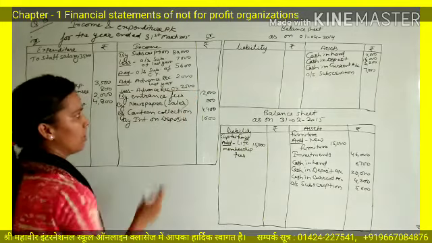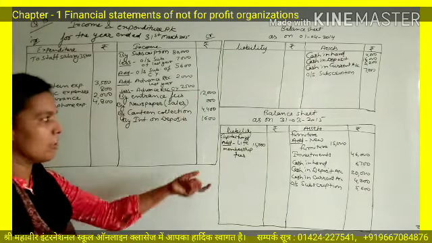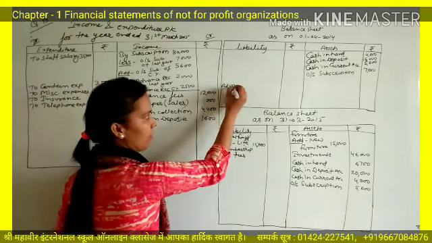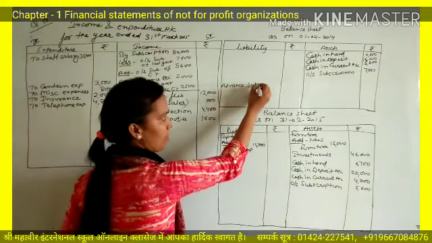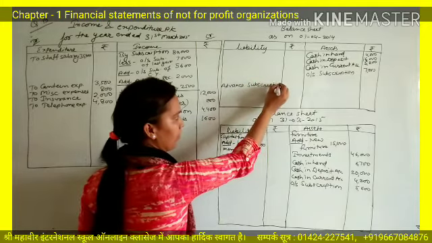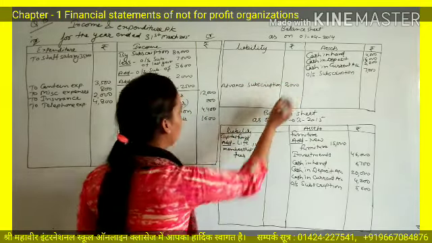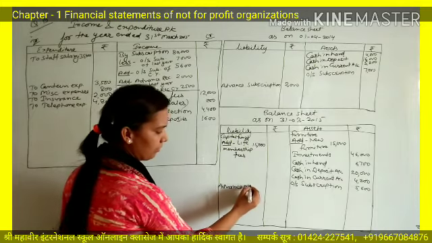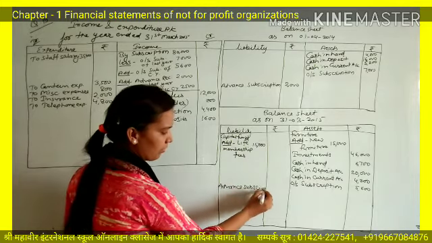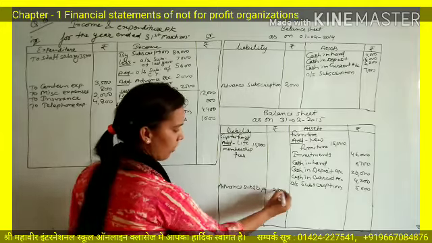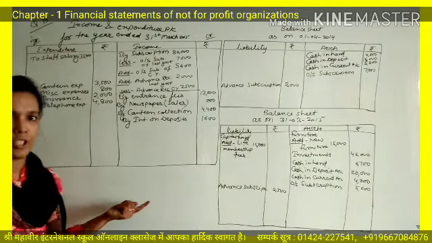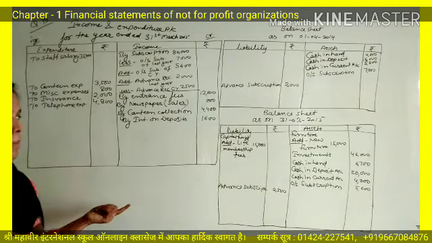The same 2000 and 2500 will also be transferred to their balance sheets. Advance received last year, so write it on the liability side: advance subscription, that is 2000, and here advance subscription, that is 2500. Try to remember this point, that every additional information will be posted on two sides, that is the double entry system. Try to remember this point.